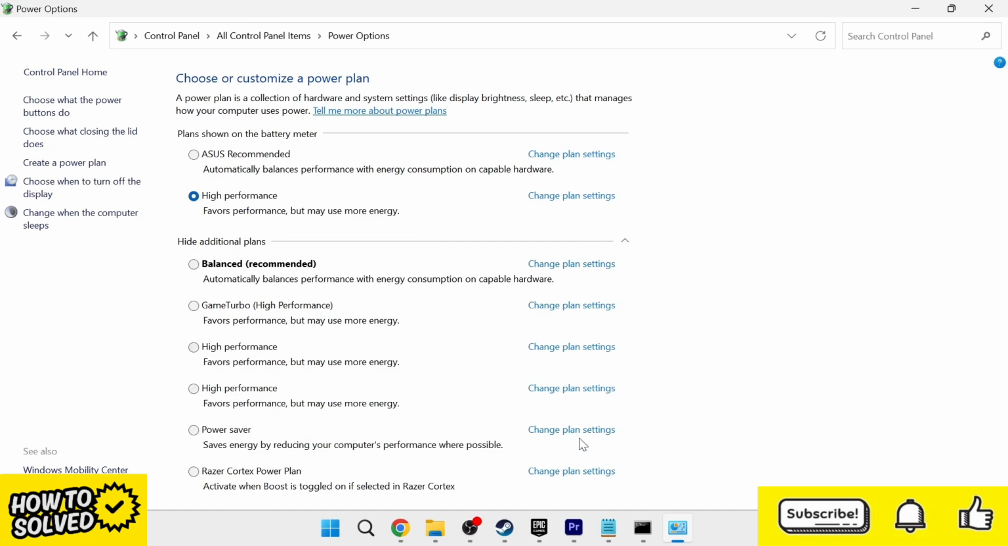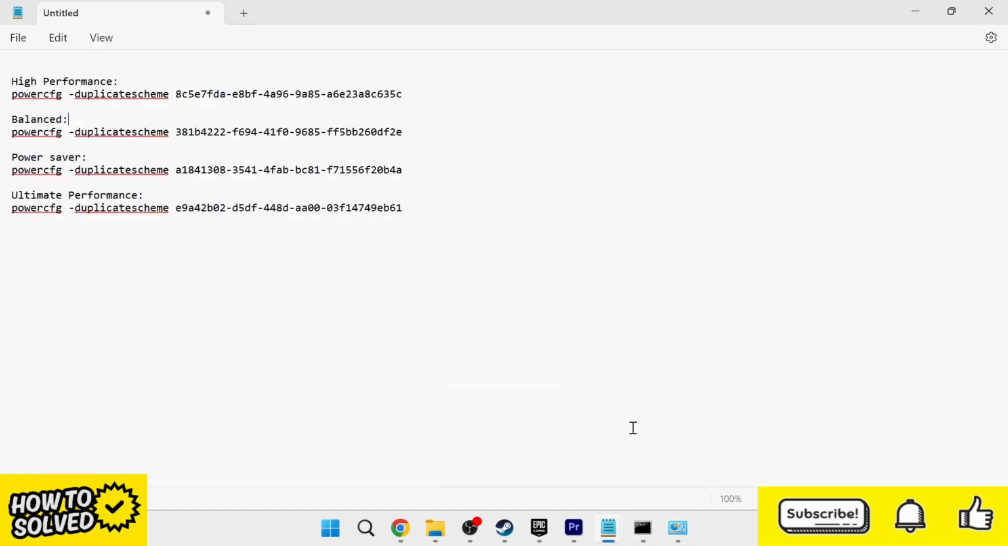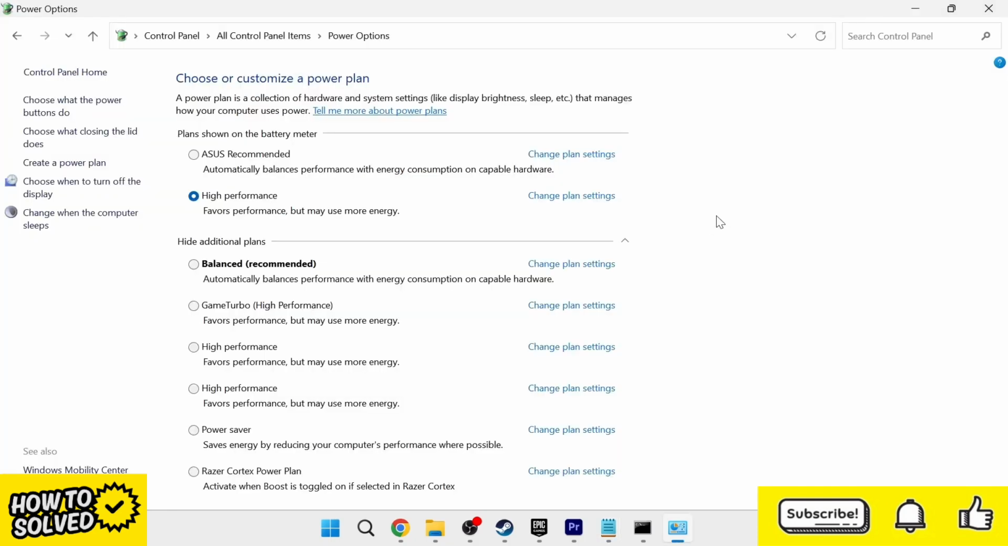and obviously we can change this depending on what plan you want to use. Like I said, you've got high performance, balance, power saver, and also ultimate performance. So you'll just need to copy and paste whatever code you want to use depending on the plan. And it's as simple as that, guys. That's how you get the high performance plan to